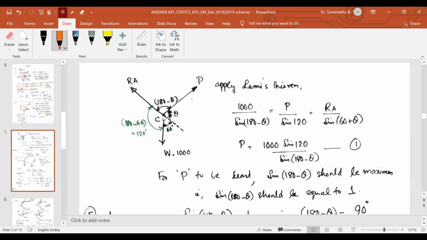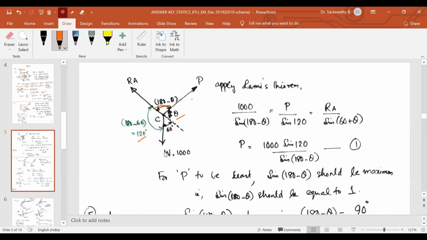So now we come to the figure and apply Lami's theorem. The angle theta is unknown to me. The angle which this reaction makes with horizontal I have got now as 30 degrees. So the angle which it makes with vertical will be 60 degrees. So I can mark this: total angle is 180, this is 60, so this will be 120, 180 minus 60. If this is theta, this is totally 180, so this is 180 minus theta.